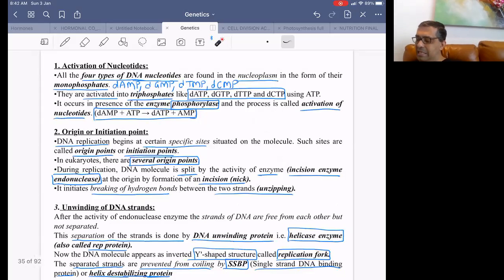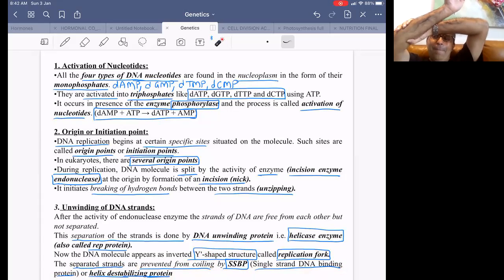So the two separated strands are prevented from coiling again by SSBP, single strand DNA binding protein or helix destabilizing protein. तो सेपरेटेड स्ट्रैंड्स का वापस से कॉइलिंग कौन प्रिवेंट करेगा? एसएसबीपी, सिंगल स्ट्रैंड डीएनए बाइंडिंग प्रोटीन. तो एक बार दोनों स्ट्रैंड सेपरेट हो गए हैं और ये रेप्लिकेशन फॉर्क बन चुका है. तो रेप्लिकेशन फॉर्क में वापस दोनों स्ट्रैंड्स क्लोज आके उनके बीच में हाइड्रोजन बॉन्ड्स वापस नहीं बनने चाहिए, अदरवाइज रेप्लिकेशन नहीं होगा।